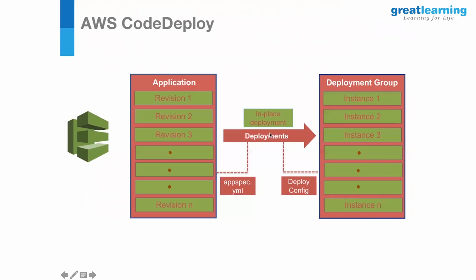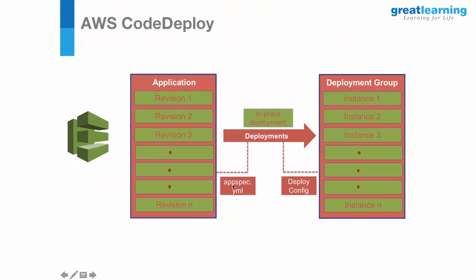We already saw the deployment types, I told you, right? We have two types of deployment: in-place deployment and blue-green deployment. For the purpose of all our discussions and the workflows that we're going to see today, we'll be using only in-place deployment. What is in-place deployment? You stop the services running on the existing instances, deploy the application onto those instances, and then bring up the service. That is in-place deployment. You're not going to have an all-new set of instances where you will test the deployment. You're going to do it on the very same instances that you'll be using. We'll see that later in the workflow.